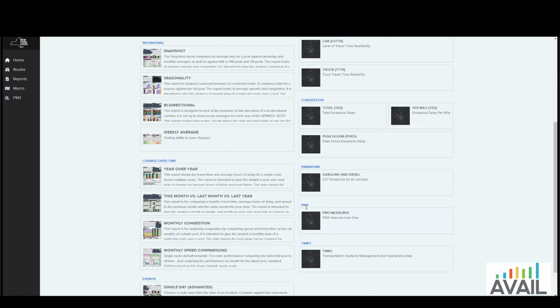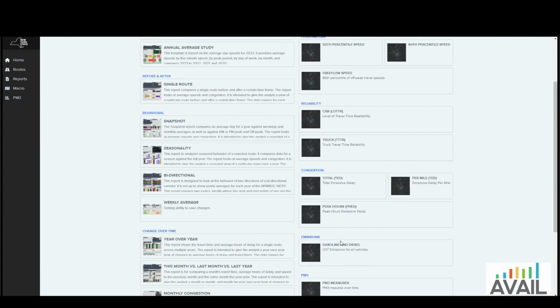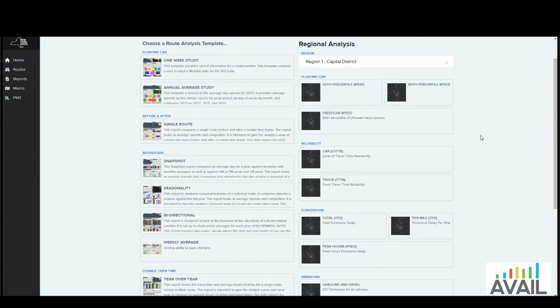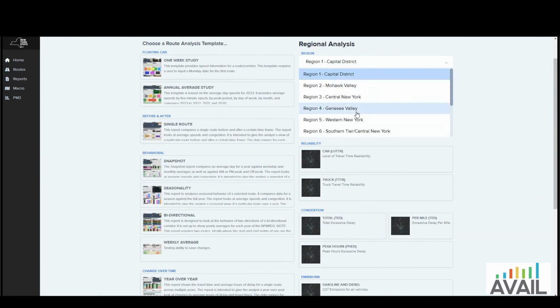There's PM3, which is the performance measures. This brings you to another section of the tool, and then the TSMO tools here at the bottom bring you to a different site connected to this that does more up-to-date operations style regional congestion mapping and ranking and all this kind of stuff. So each one of these things brings you to a regional assessment tool, and we can click into any one of these. And what we'll do before we click in is you're going to want to set which